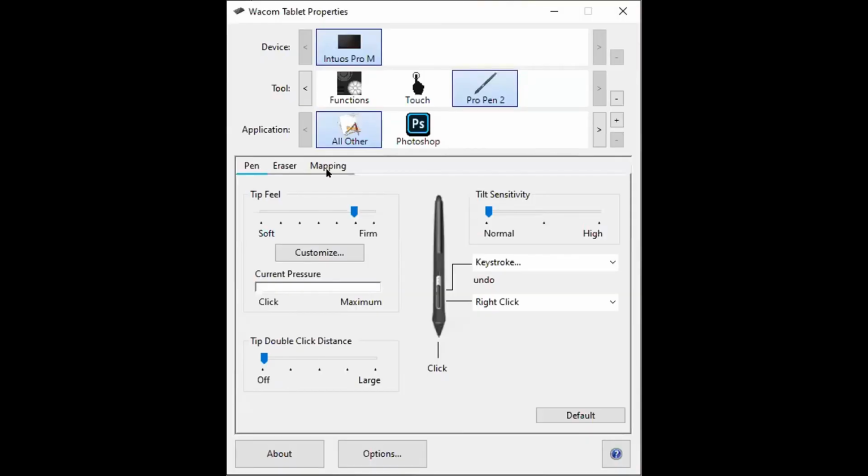Can you see the Wacom screen right now? Yes. Okay, fine. Now see, I was near to the firm. Now if I soften it over here, now what happens?